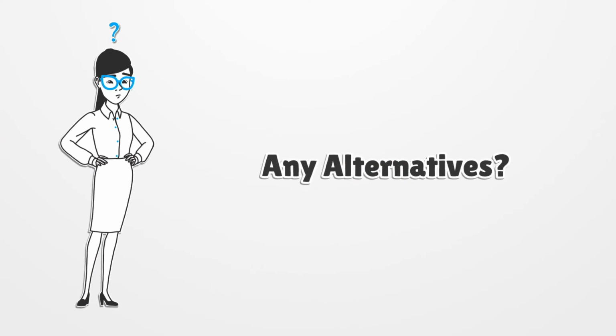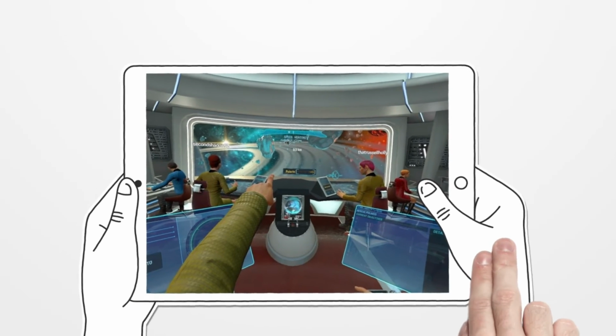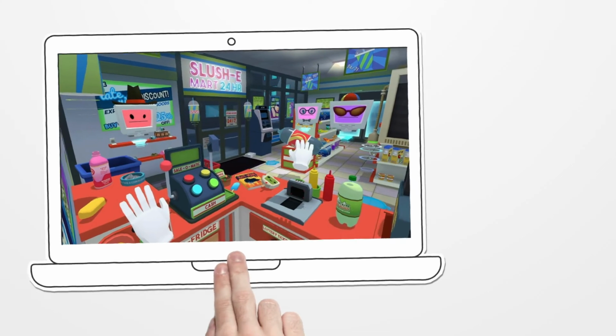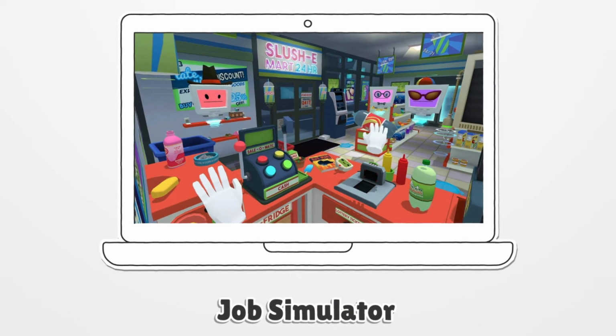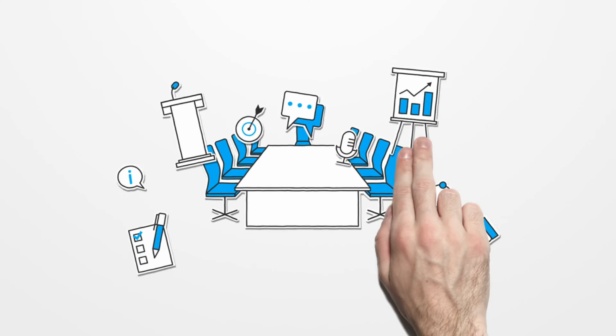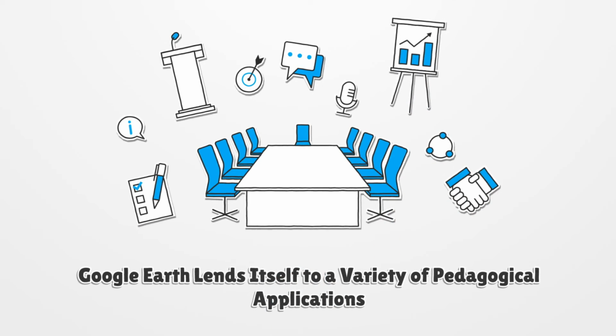In addition to these suggestions, we'd also like to quickly showcase some alternative VR applications that may prove useful in your future practice. To begin with is Star Trek Bridge Crew. Like Keep Talking and Nobody Explodes, this game requires communication and collaboration. Next is Job Simulator. This game places the learner in a variety of exaggerated work-based situations. This may prove useful to study abroad preparation. Finally is Google Earth VR. This application may be used to transport students to almost anywhere globally. This allows teachers to set specific missions. For instance, learners exploring a city before reporting what they experienced in a short